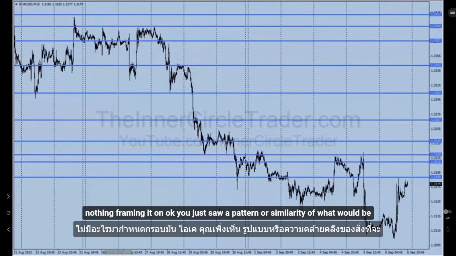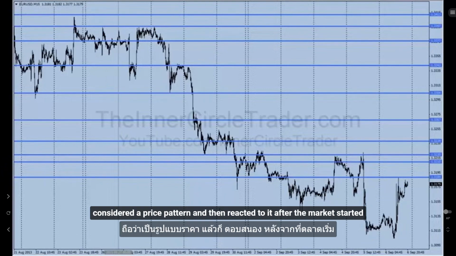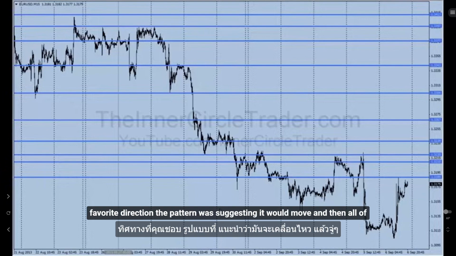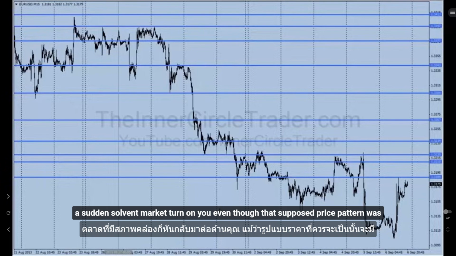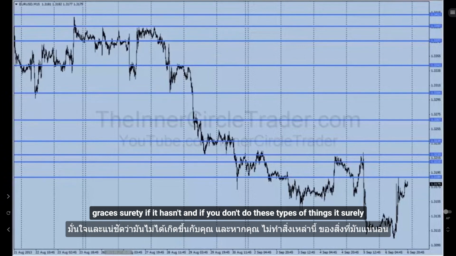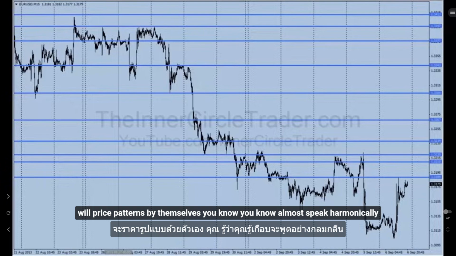Okay, you just saw what would be considered a price pattern, and then reacted to it after the market started moving, which you felt was a confidence booster that the market would move in the favorable direction the pattern was suggesting, and then all of a sudden saw the market turn on you, even though that supposed price pattern was there. Has that happened to you? I can tell you with great surety, if it hasn't, and if you don't do these types of things, it surely will. Price patterns by themselves,